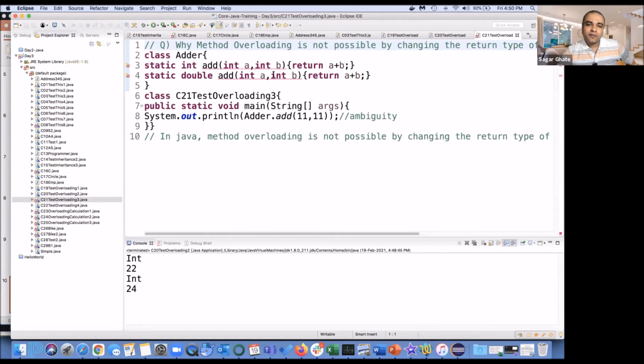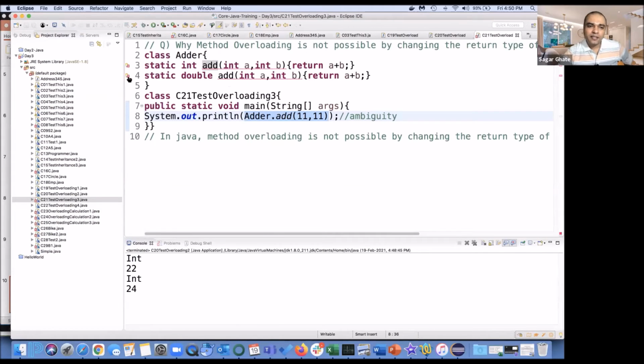See, in the last program itself, when we were passing 1111, how is your compiler going to know whether you are calling this add or that add? Because you're calling from SOP, and SOP can carry anything. It will give you no string variable. There is no catcher for this return type and I'm not specifying it. So here is the ambiguity.